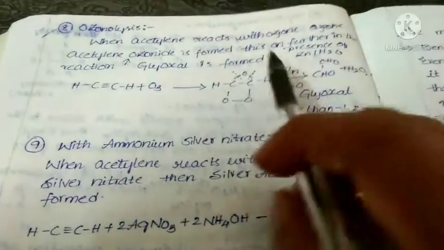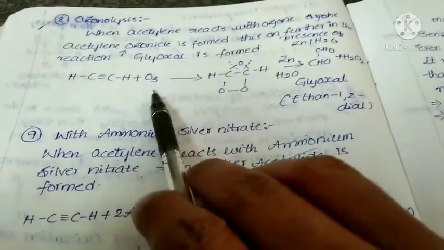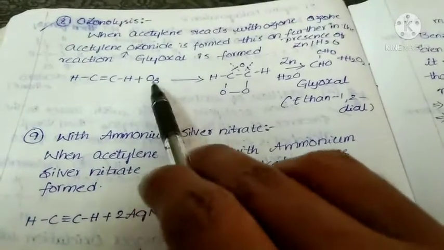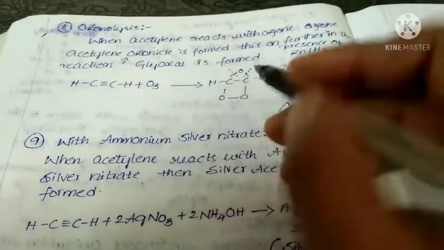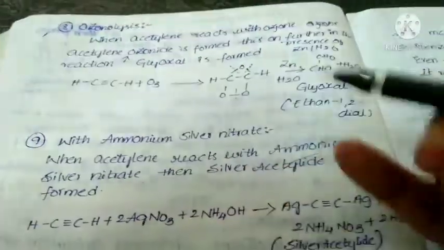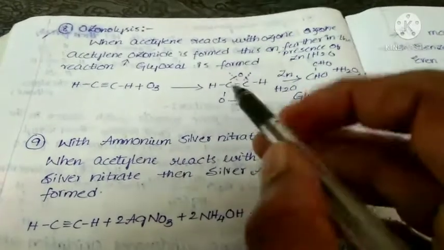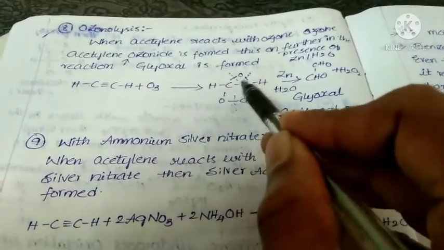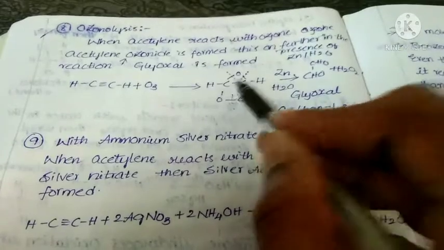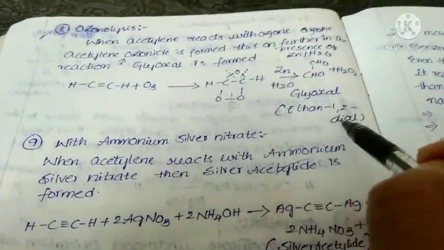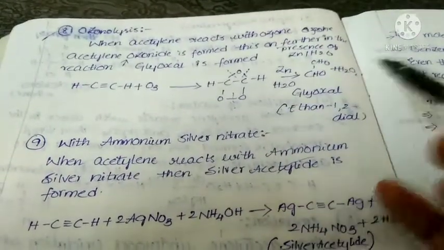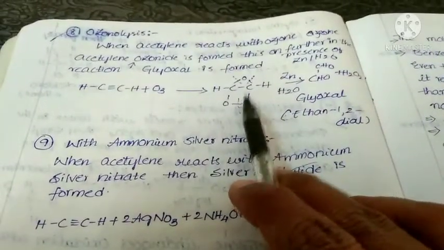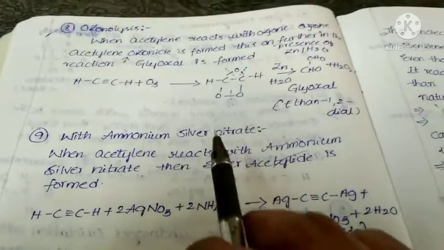Next, ozonolysis. Ozonolysis means what? Addition of ozone. When ethylene reacts with ozone, what happens? These ozone molecules come and attack here, like in ethylene. Then these bonds will be broken. This bond, and this bond also. Then finally we get which one? CHO is left, with a bond between one CHO and one CHO. That is called glyoxal. This oxygen comes and attacks with H2O. Finally it will be liberated as H2O2. So this is called what, students? Ozonolysis reaction.